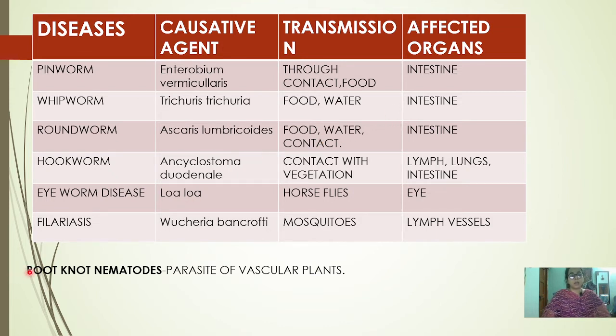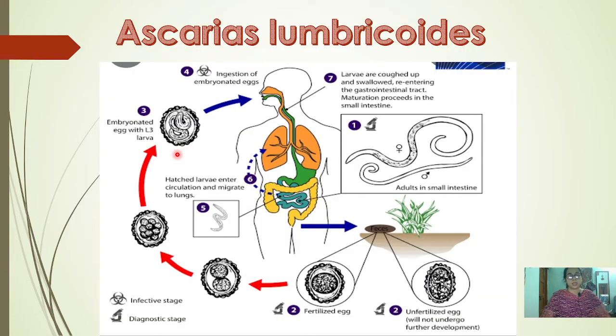And one more nematode is found as a parasite in plants also. So not only animals, but they also affect plants, basically vascular plants, and that is known as root knot nematode. This is also important. Moving to the next, if we want to discuss the life cycle of Ascaris lumbricoides,